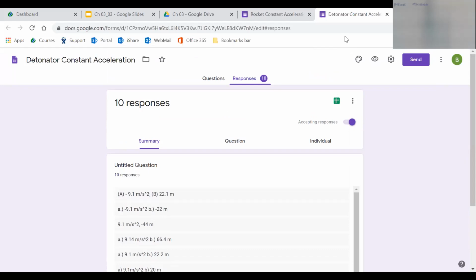All right, so I think we can take a look at the solution together. I see most of you submit your responses, and for part A, you all agree that it's about 9.1. Some of you say positive, some of you negative. Okay, so